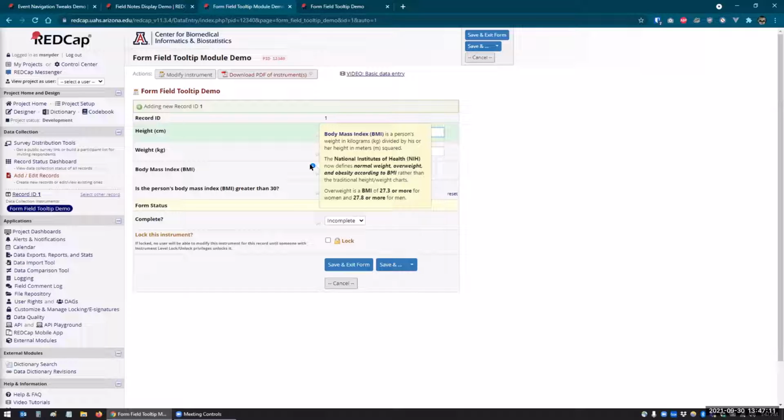Now you are limited by the width here, so you can see that it's only this wide. In another demo I had a picture of a BMI chart that showed the levels of BMI and when it goes from good to bad. That was too wide for this, so I had to take it out. And just to show you an example,